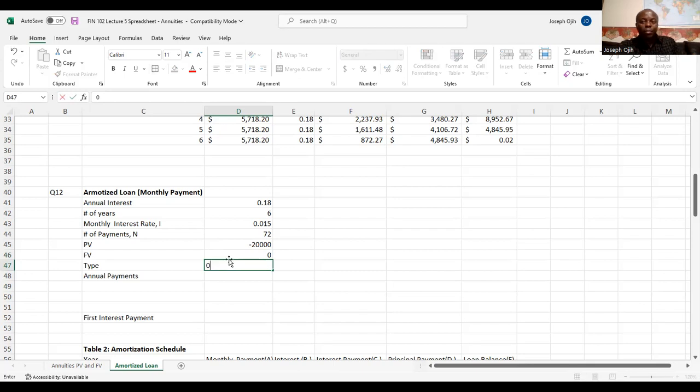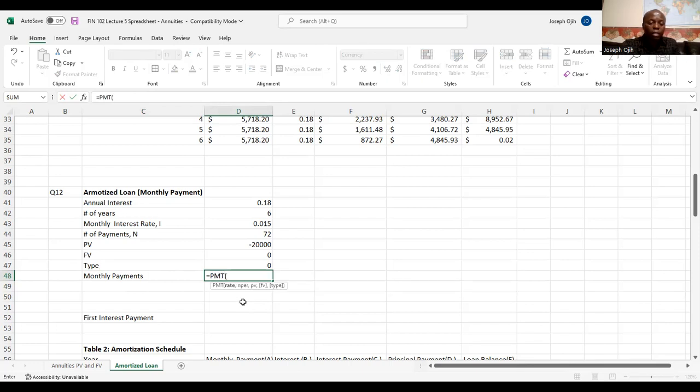If you're making the payment at the beginning of the month, like if you're leasing a car, they might require you to pay before you lease the car out. Let's assume it's a car loan and do it that way. So in this case, annual payment now becomes monthly payments, so I'm going to change this. Monthly payments now equals PMT,